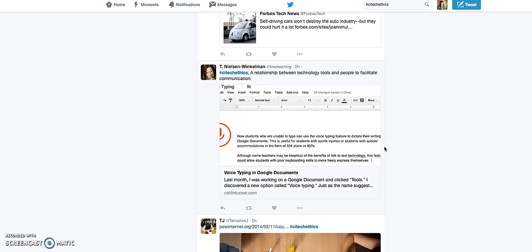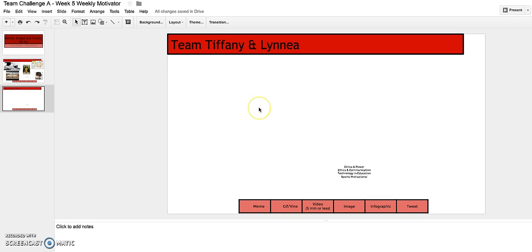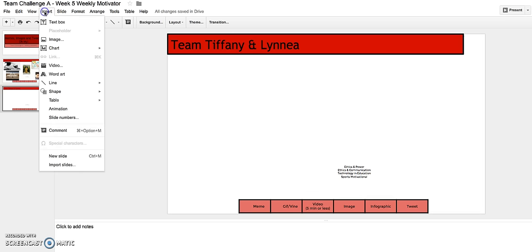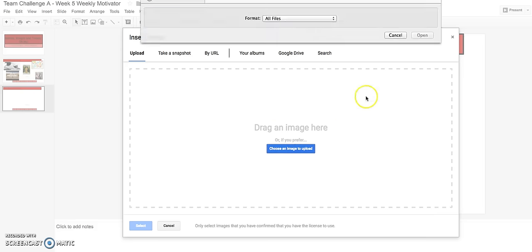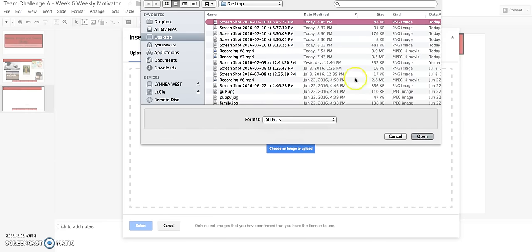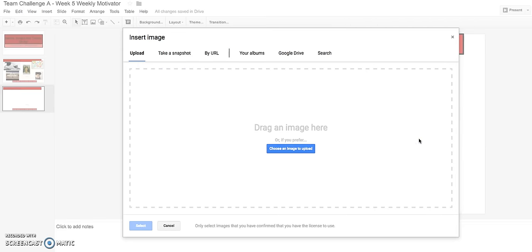You're going to take a screenshot of your own tweet. I'm just using this as an example. So I'm on a Mac, so I do Command-Shift-4, and I get those little crosshairs there, and I can take a screenshot of this tweet. So I'm going to take a screenshot. Windows, I think you can use snipping tools. And I'm going to now insert image, and then I'm going to click here, drag an image to upload, and then I'm going to select the screenshot that I just took and open.